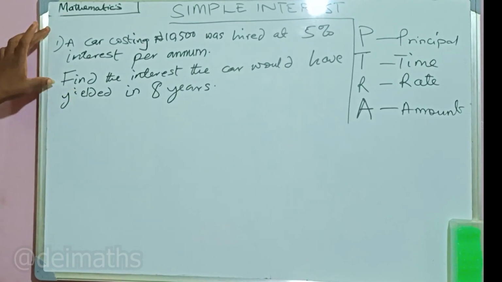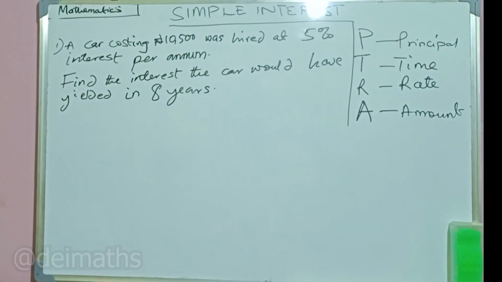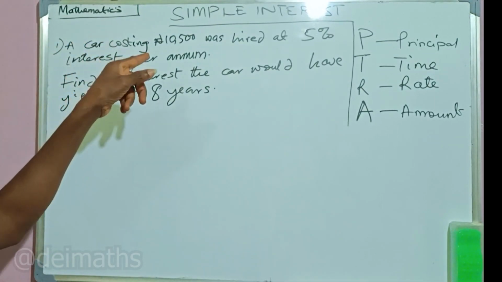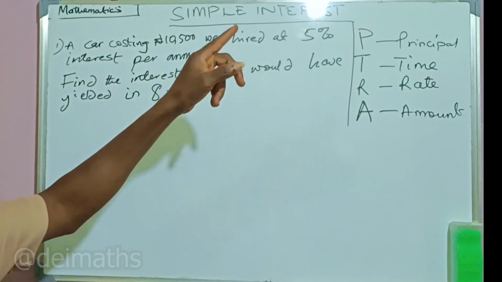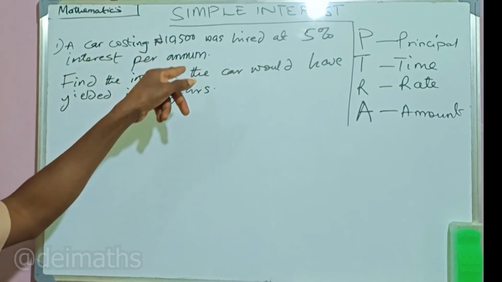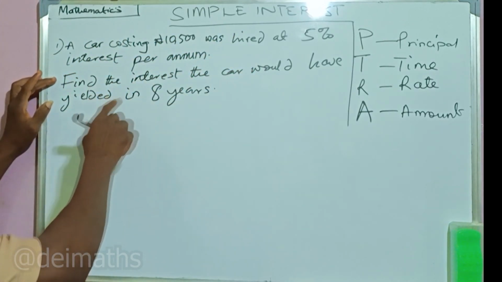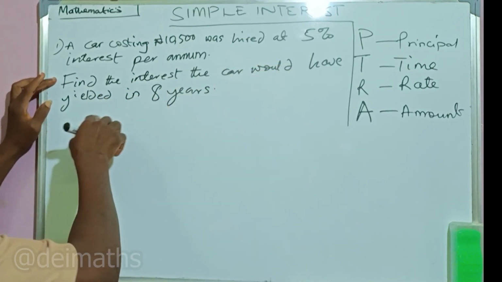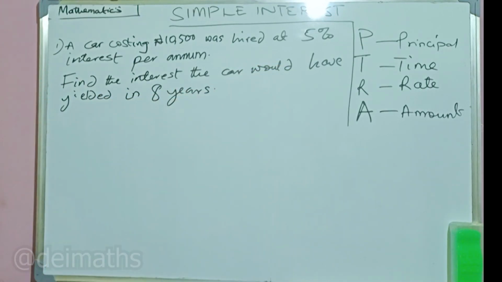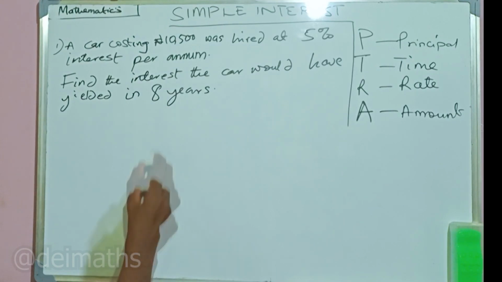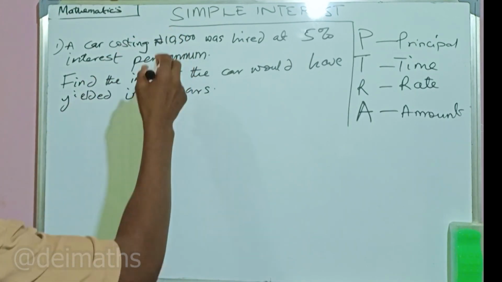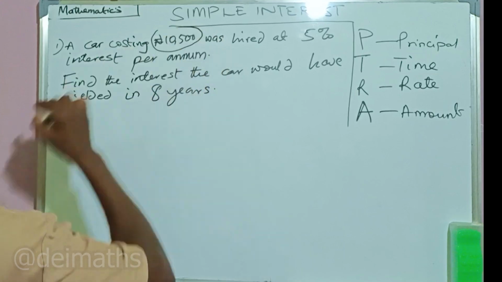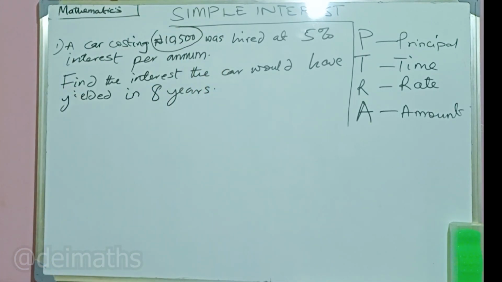Now we have an example here. A car costing 10,000 naira was hired at 5% interest per annum. Now find the interest the car would have yielded in 8 years. So now we have the car costs 10,500 naira. Now, the formula for simple interest is